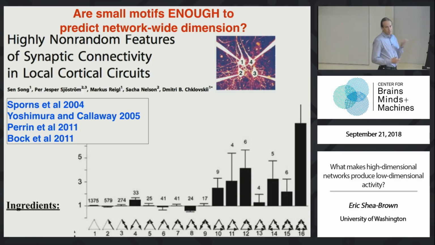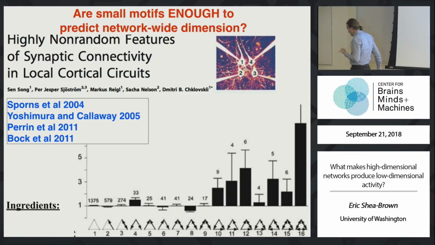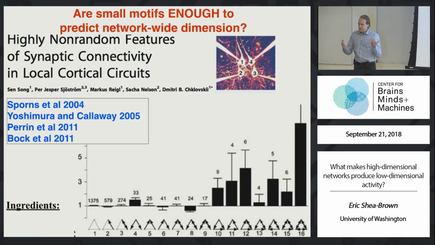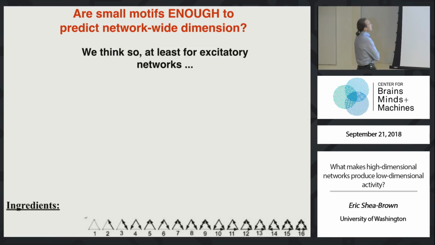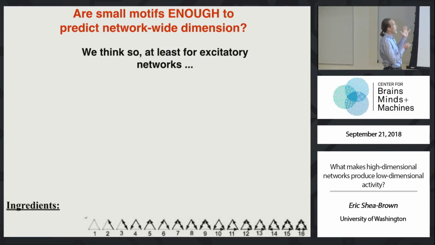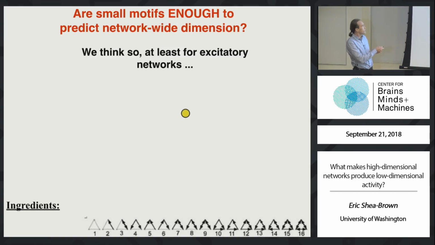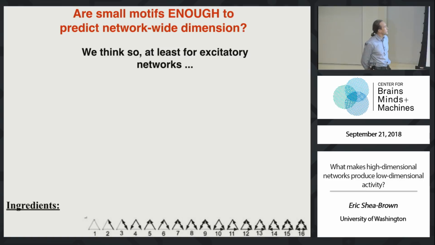So what I want to pose to us now is, well, what's going on? We've got low dimensionality that can often occur in neural networks. We see that it's more than just connection probability that determines this low dimensionality. Is there something comprehensible, perhaps the content of the network in terms of these motifs, that's good enough to predict what the dimension will be? And the answer that I'll present to you is we think that this is the right approach, or a useful approach, at least in the case when you have networks that are dominated by one sign of connections. Let's go through that in detail, and we'll see some successes and failures.